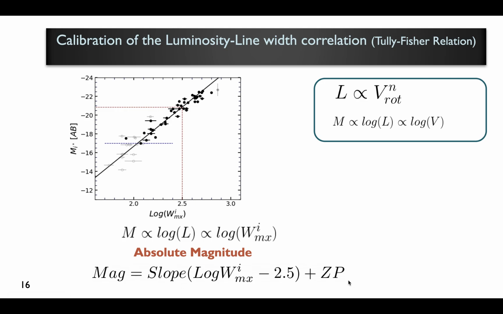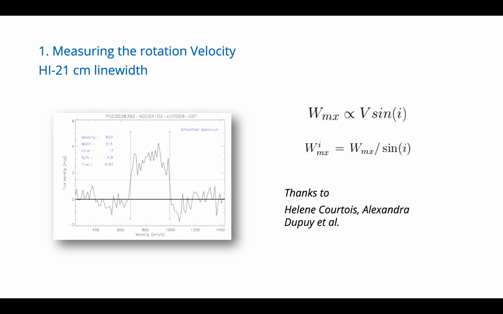And as soon as you calibrate the relationship and you have these two parameters, for a galaxy with the given line width and inclination, you can measure the absolute magnitude of the galaxy, and then, based on the apparent magnitude of the galaxy, you can measure the distances to these galaxies. So